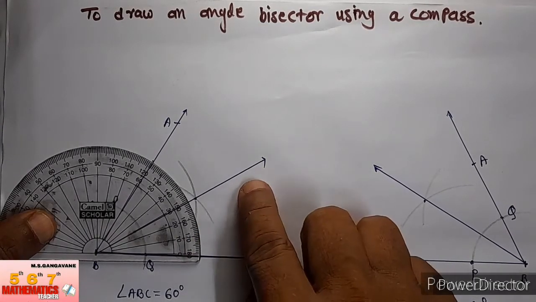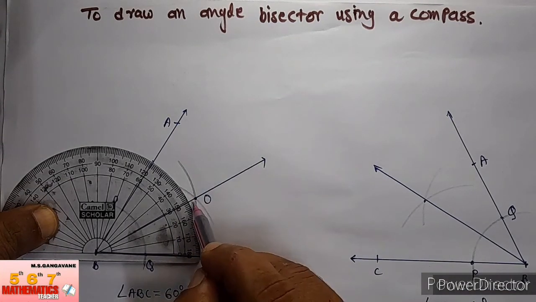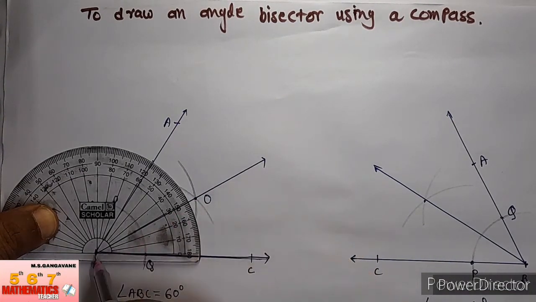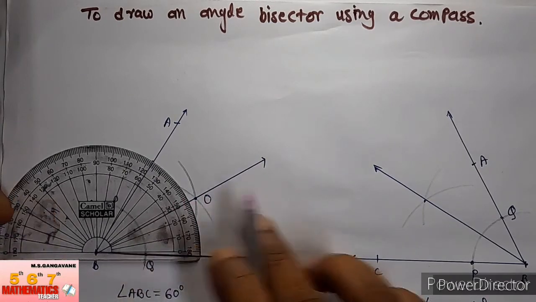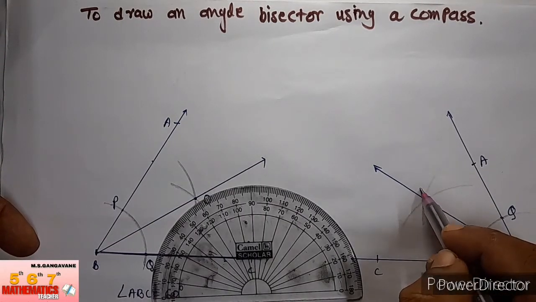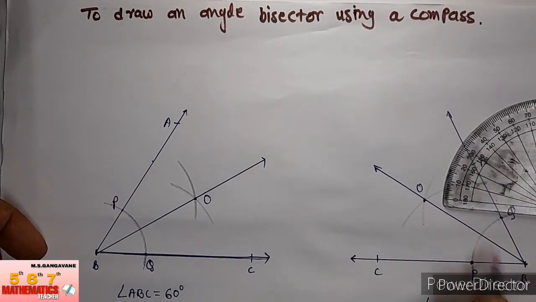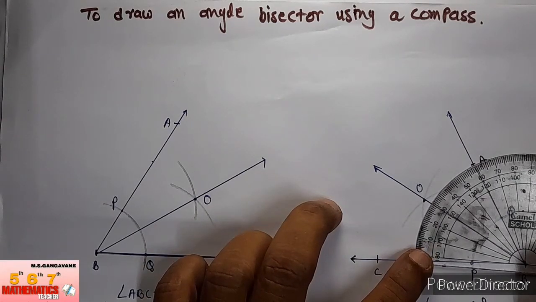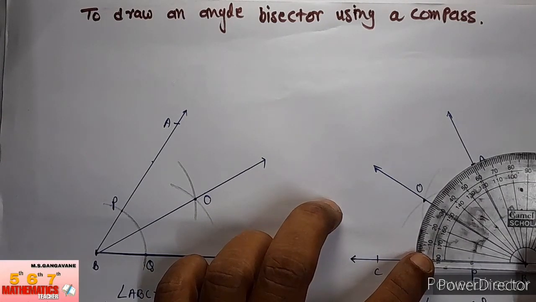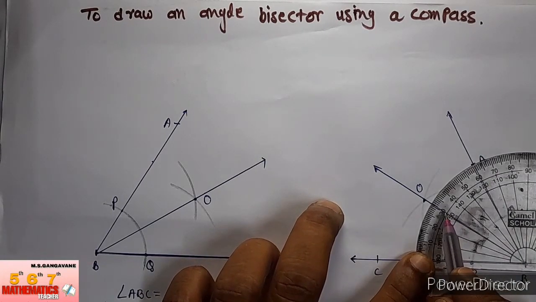Look, here is point O. The ray BO shows the 30 degree. Okay, same here, given here the name O. Now ray BO is showing the measure also 30 degree. Do you understand? Look, here are 30 degree. Done.